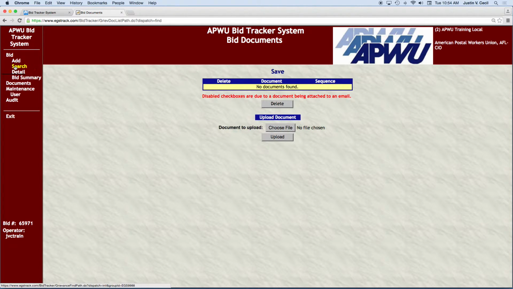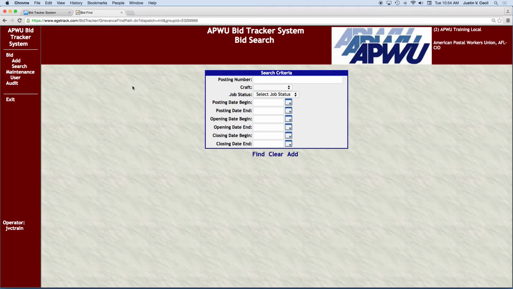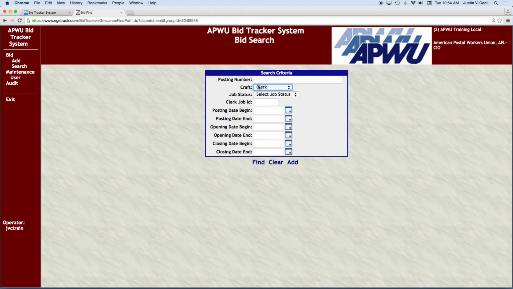And so that is how you add jobs for the clerk craft, and it's very simple. Again, you go through the add process, select the craft, and then click on next. Now if you're looking for a specific job within a posting number, what you would do is go to search, and then for example, if we're looking for that job number for the clerk craft, if we know the job ID but don't have the posting number, or we maybe have the posting number, if you wanted to enter the posting number, which in this case it was 65971, and you could hit find,